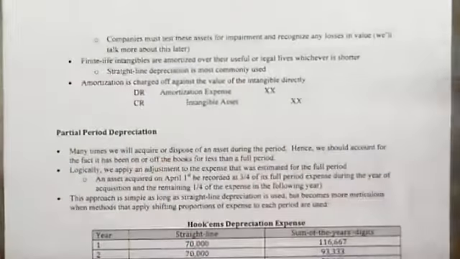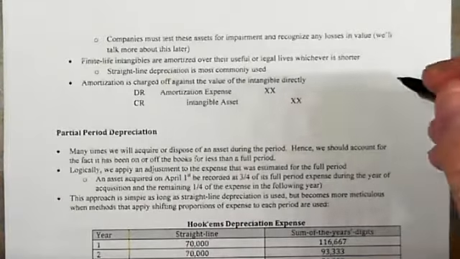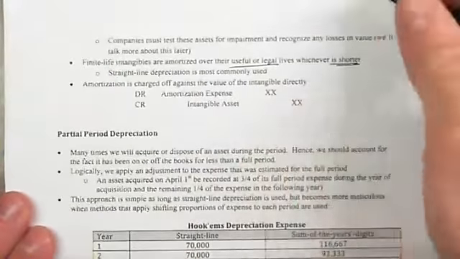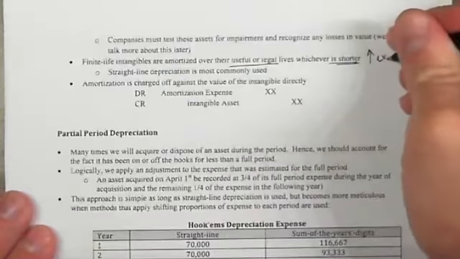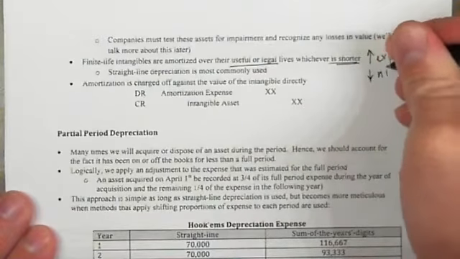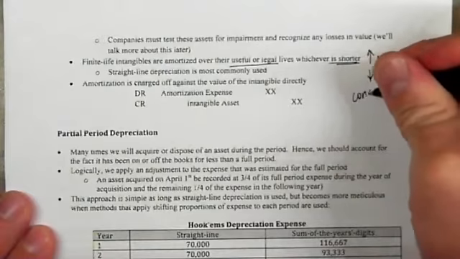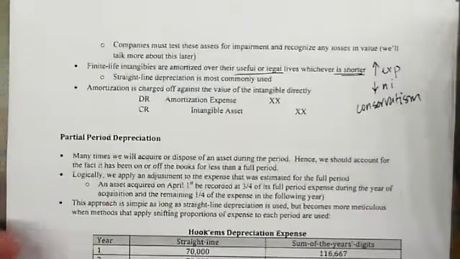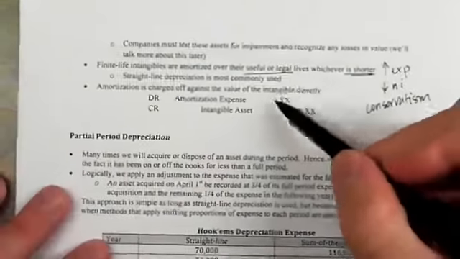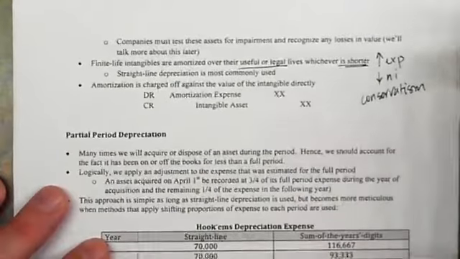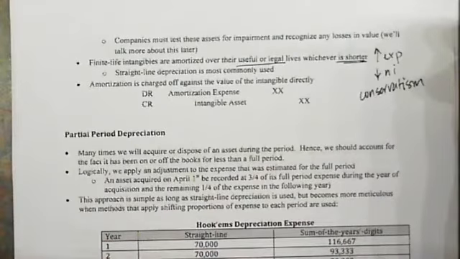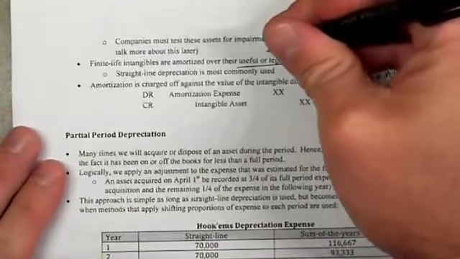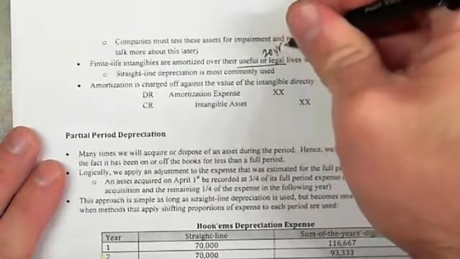Finite life intangibles are amortized over their useful or legal lives, whichever is shorter, right? We want the shorter because that induces more expense, which brings down net income, which is in line with conservatism. Straight line depreciation is most commonly used for intangibles, but again, you could use a double declining rate or anything like that. In terms of legal lives, patents have a 20-year legal life,